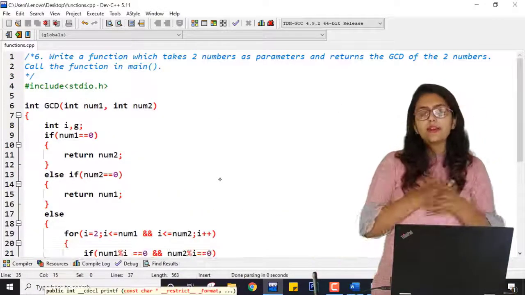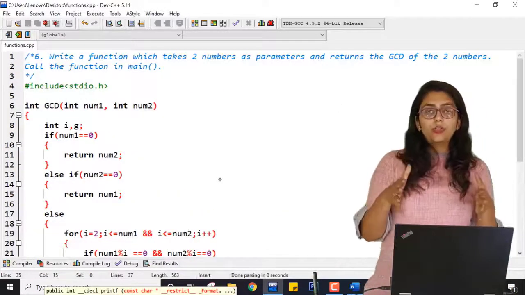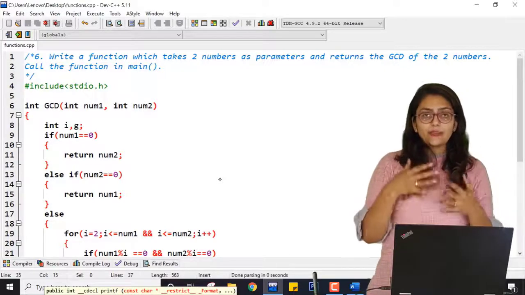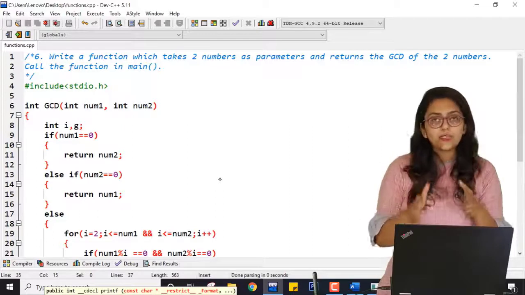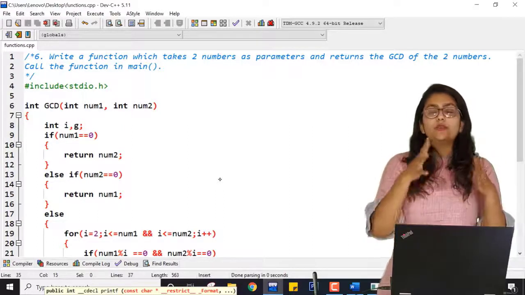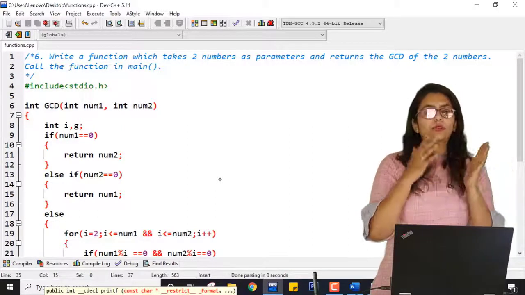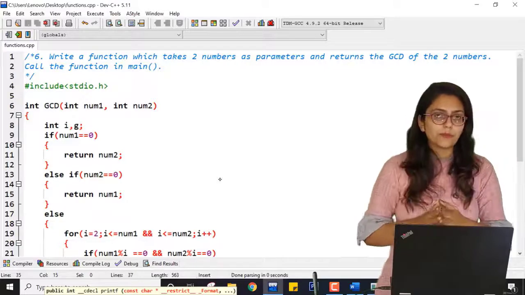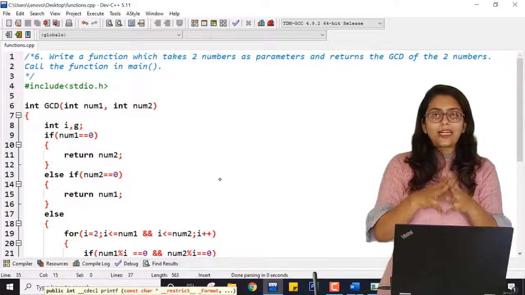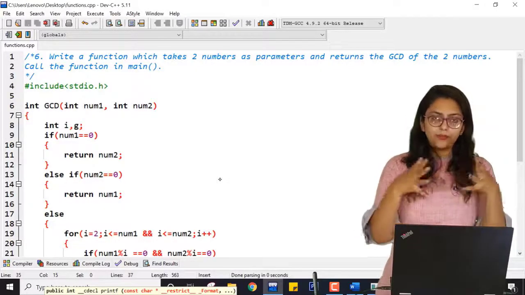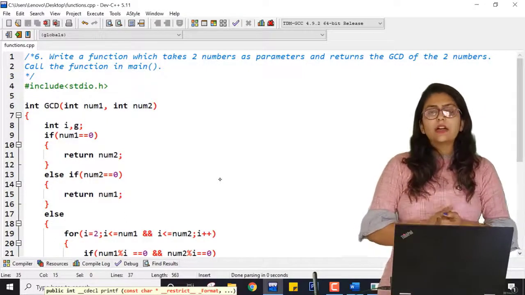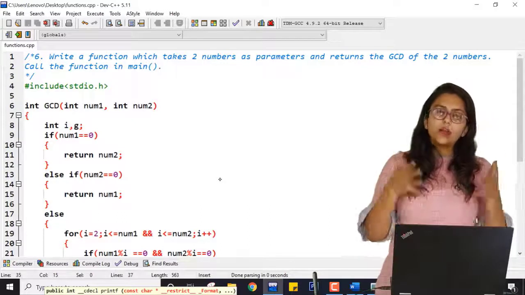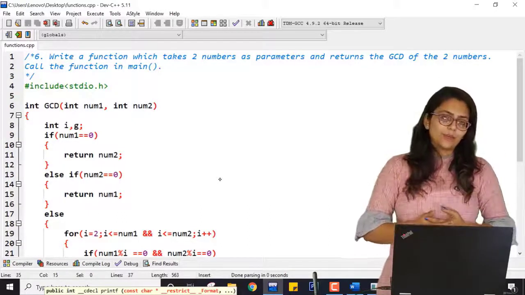So this is how you can write a program to find the GCD of given numbers. If you have understood the concepts of arrays, strings and loops really well, then it will be very easy for you to understand functions. If you cannot perform those programs, you will not be able to perform the programs of functions. So if you are finding any difficulty with these practicals, please go and watch the previous videos again. Try to clear your concepts and then come back here and practice this practical.